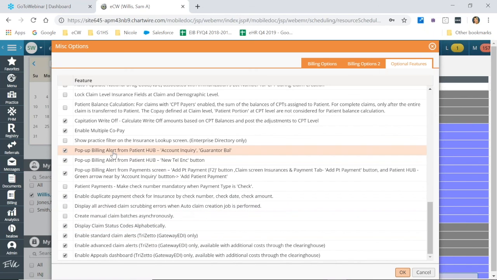But pop-up messages, this was something that came out in version 10. So you now have the ability to turn on billing alerts from the patient hub when you access account inquiry